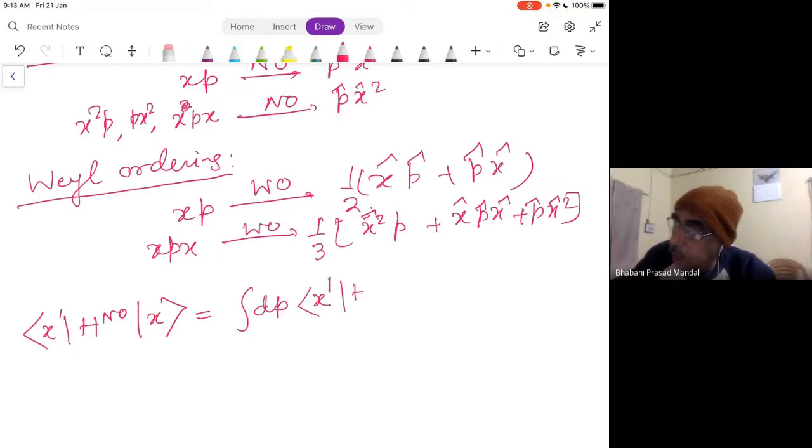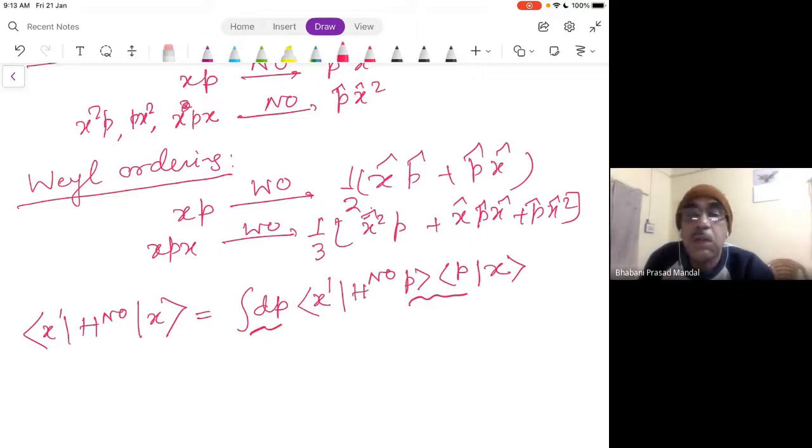So after H normal ordering, then I'll put the p, the integral dp |p><p| will give you the unity, and then I have the x. Okay, this I can always do. What I have done is inserted this times this integration, which is unity, that we know is the completeness in momentum. But why do I do it like this? Because when I write normal order of this,